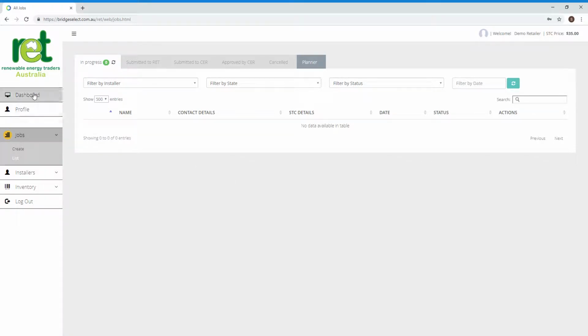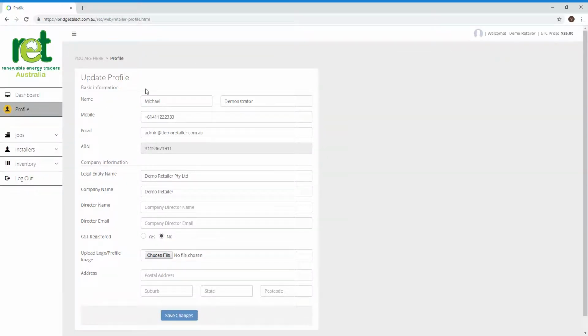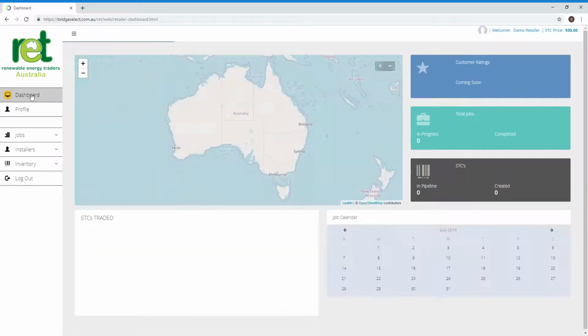Once you've logged in, you'll find that there's a dashboard which provides a variety of functions for you as the main solar retailer. It allows you to create an application, manage and create new installers. If you wish to control an inventory function, there is an inventory function there which RidgeSelect can provide information for you. The profile of your dealership, which you would enter all of your information into, and a main dashboard which,